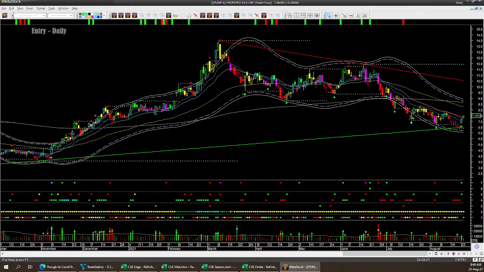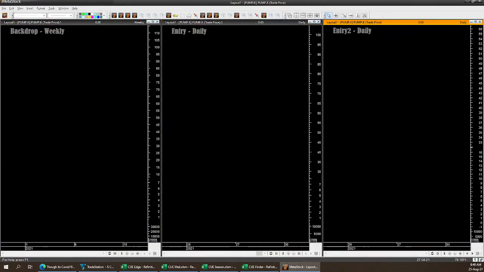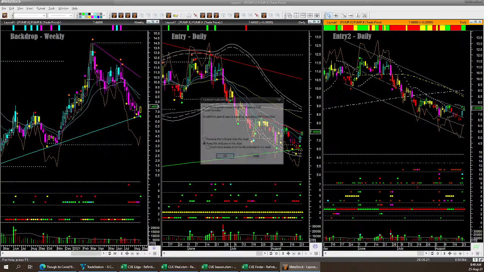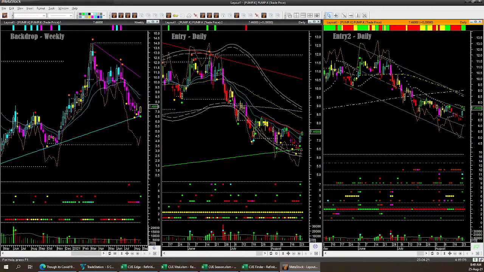Now PUMP's breakout yesterday, though it is with bullish pressure. Okay, let's look at it using the 3 chart template. I'll explain how I would or wouldn't have bought it yesterday. Now when I look at it weekly, I have more reason to buy, because as I mentioned, this pattern,